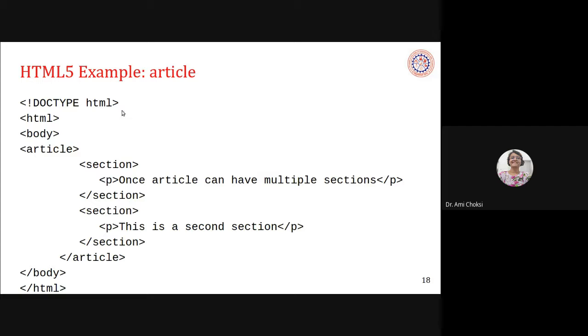Article example. As we have seen the structure, we can say that an article will be having these sections. So let's see how to write that. Article is started, section, then inside that, suppose I'm writing it as a p tag.